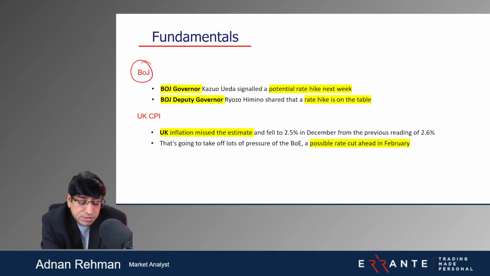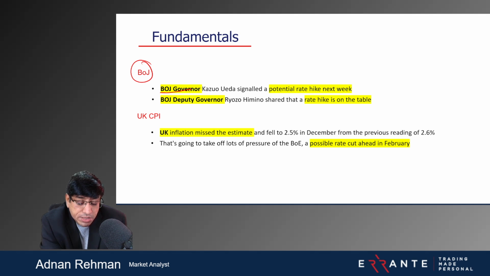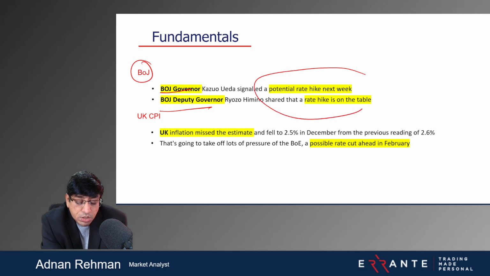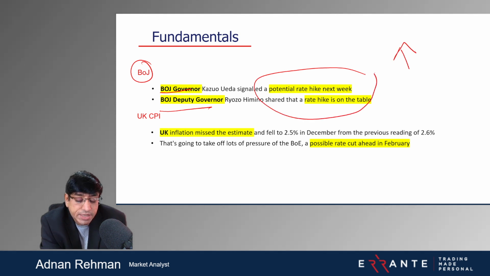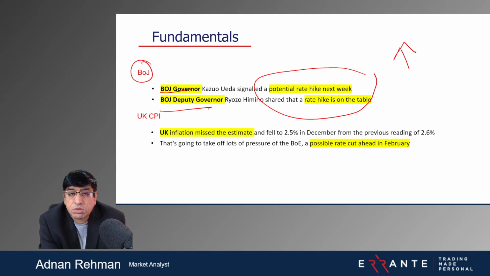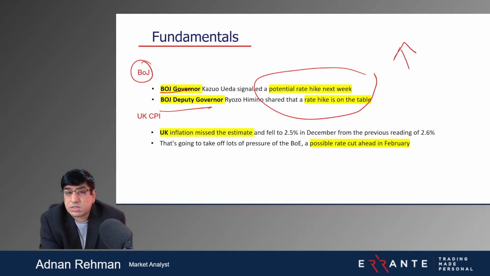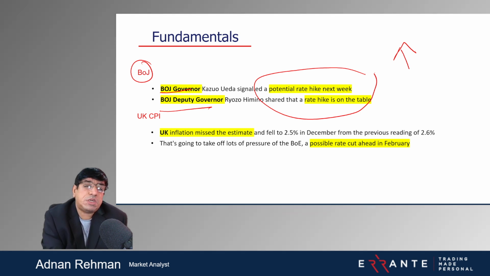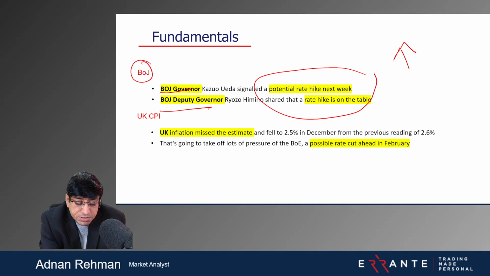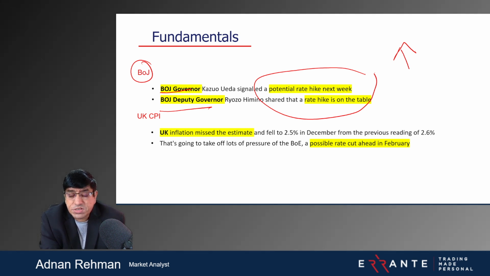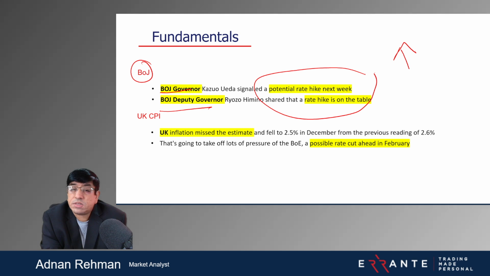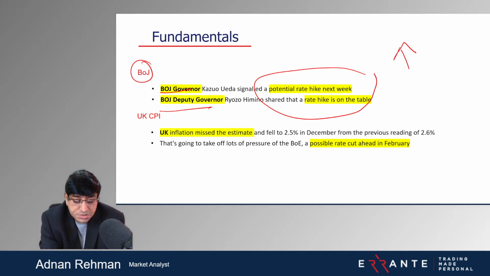And then we had this news from the Bank of Japan. The governor and the deputy governor were of the view that they can see rate hikes in the coming week. And when you have a rate hike, your economy or the currency goes into a temporary strength. That is what we have seen in the charts as well, especially with the GBP charts and Canadian charts as well. So keep this in mind. Any price action or any strategy in which you can have a strength in JPY, please do consider it.